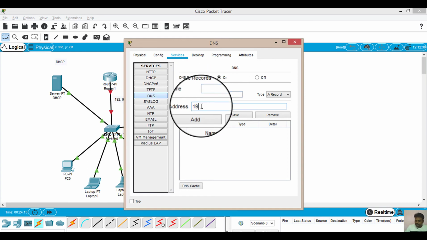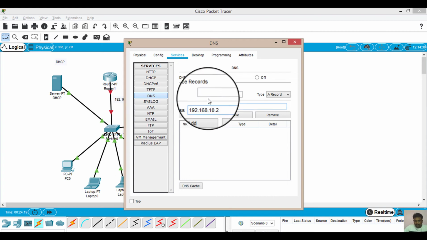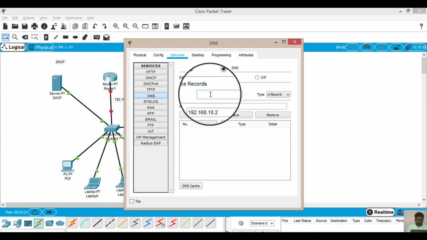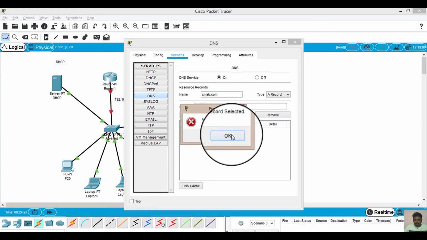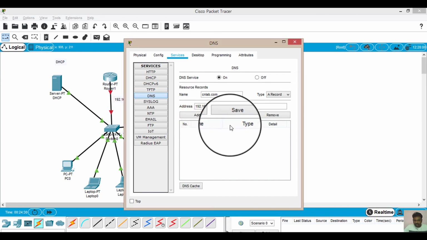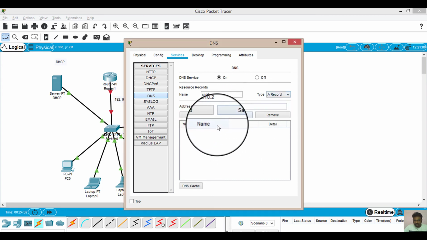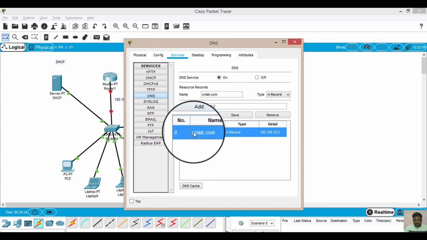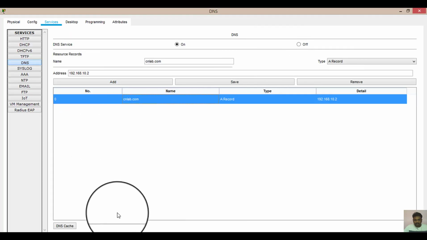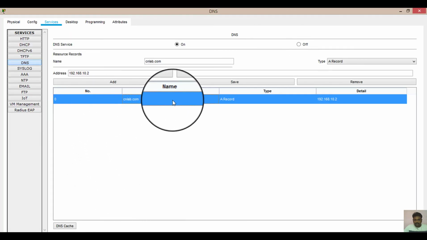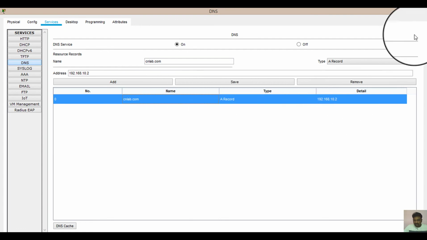Just write the IP address here, 192.168.10.2 it is using, and you can give it a name. Let's suppose the name is cnlab.com, and save it. Okay, no DNS record selected. Just a second. Okay, I have to add it. Fine. Yeah, here you can see cnlab.com is the name, and this is the IP address.